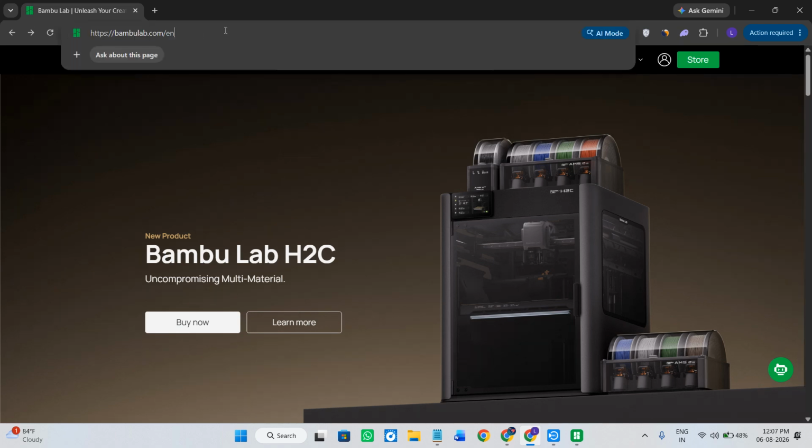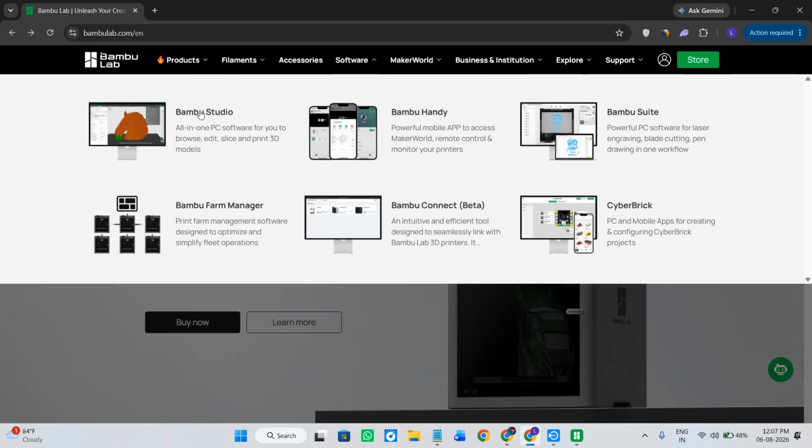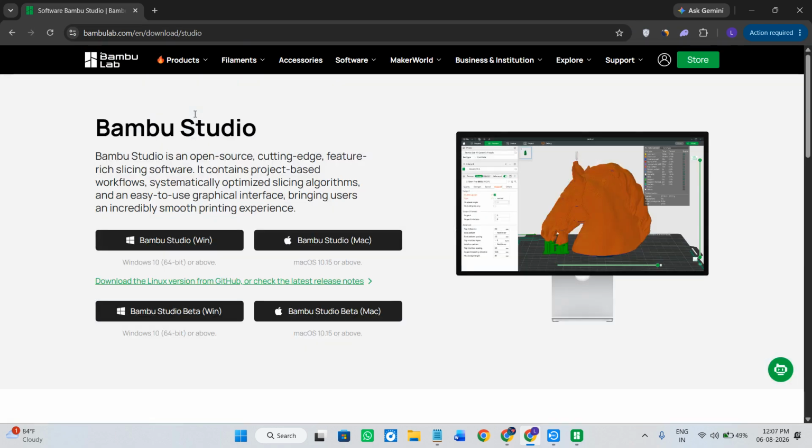So first of all, come here on bambulab.com. Over here you need to hover over to the softwares section, then click on the option of Bambu Studio. Now over here you are going to see that you can download the software for Windows and Mac. You will also see that you can download the beta version of Bambu Studio for Windows and Mac, but in